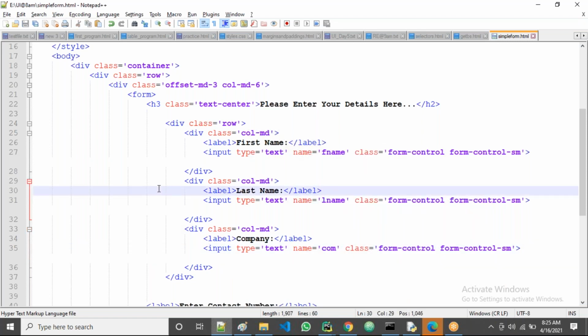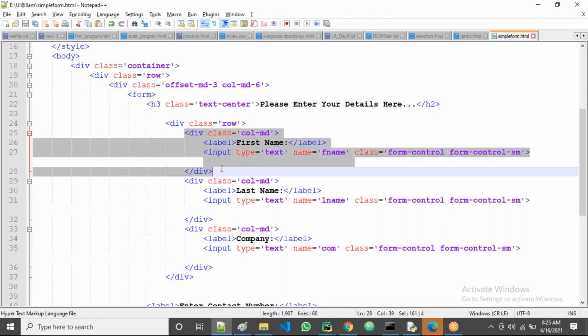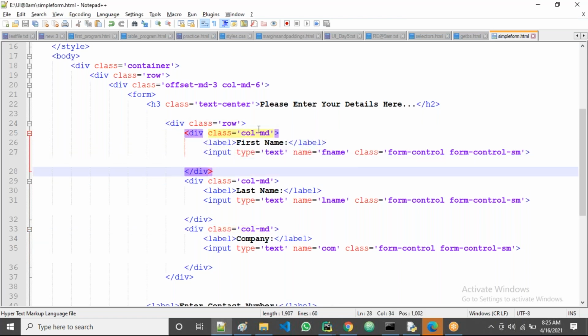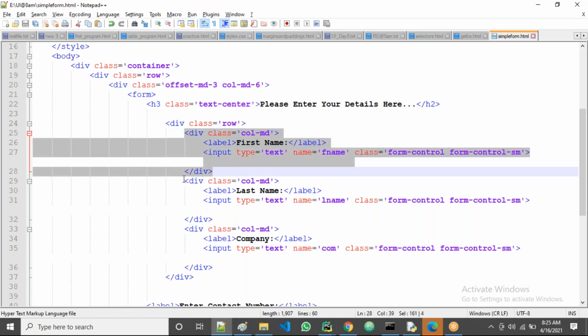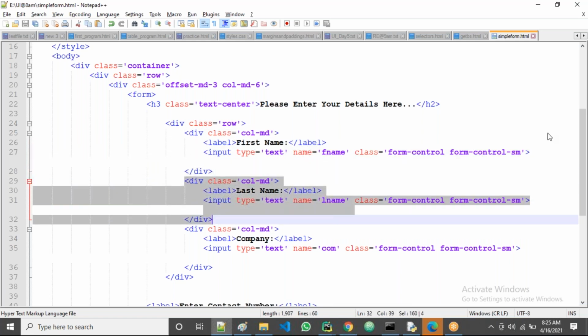Now, is it all clear? See, I'm not giving the number of columns, guys. If you don't specify the number of columns, then tell me, how many columns does each division occupy? All of you reply.